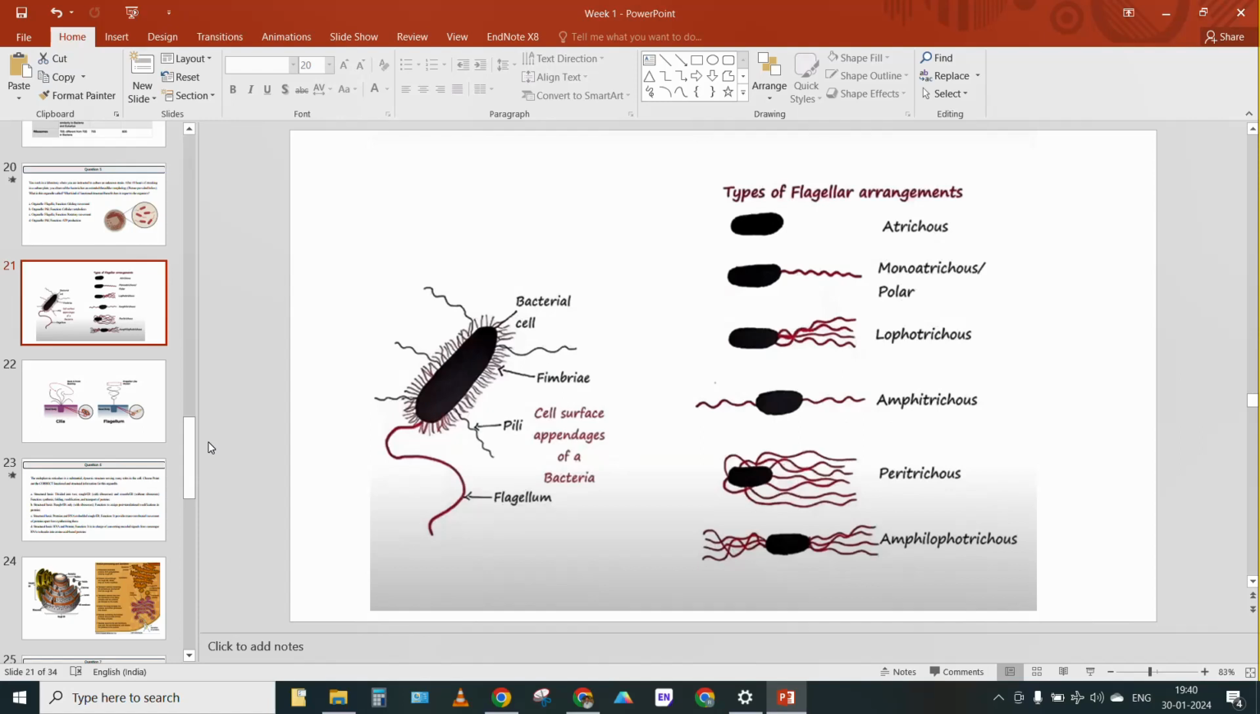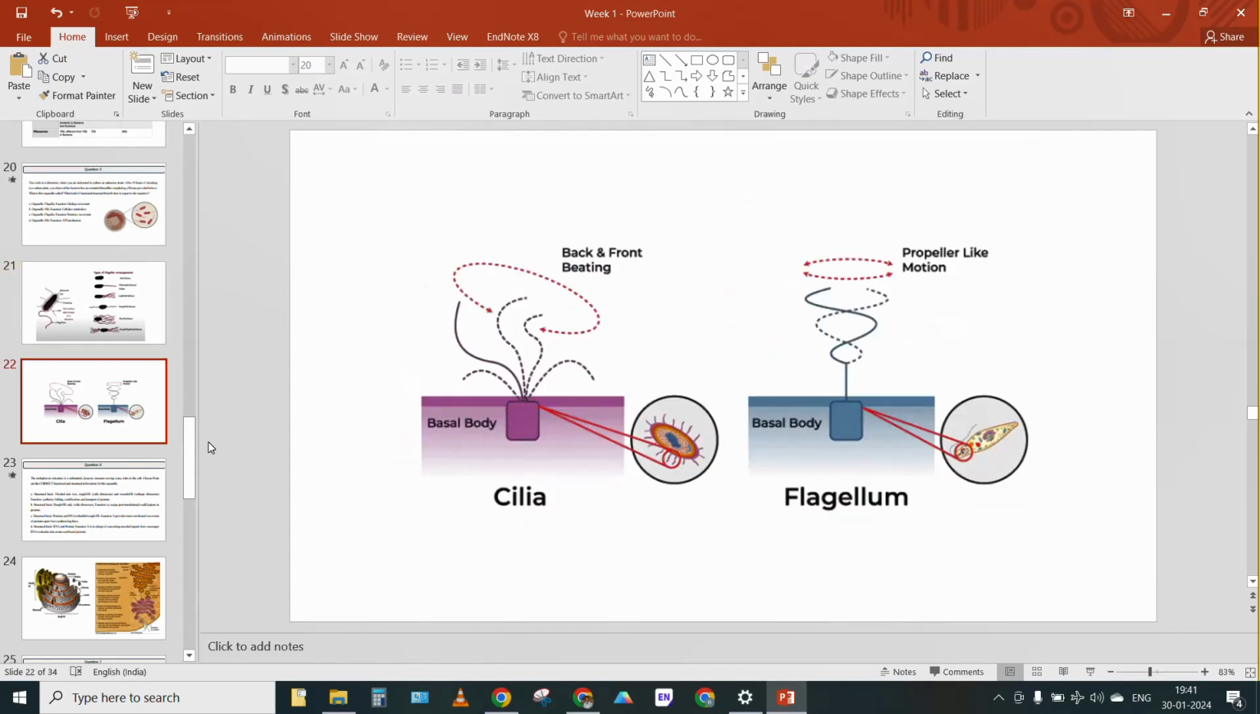So, there are different kinds of flagellar arrangements called atrichous, monotrichous, lophotrichous, amphitrichous, peritrichous, and amphilophotrichous. Based on these different flagellar arrangements, we have to identify which kind of arrangement, which kind of flagella it is. So as you said, it has a rotatory movement. So flagellum has a rotatory propeller-like motion and cilia has back and front beating movements from